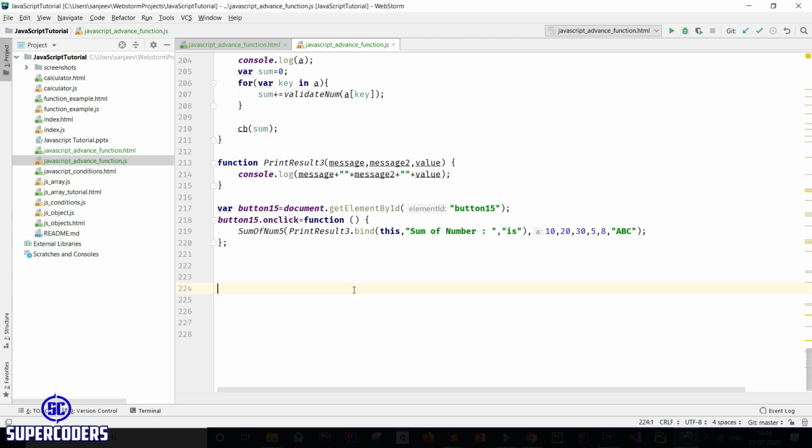Now let's see two more examples which I missed showing you. First is arrow function with parameter.